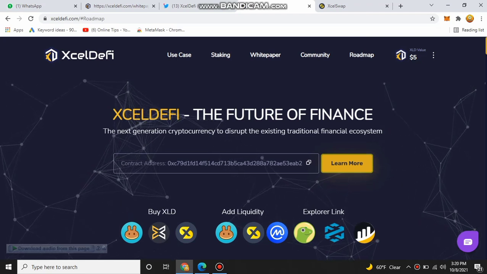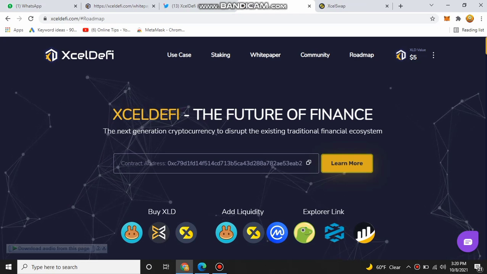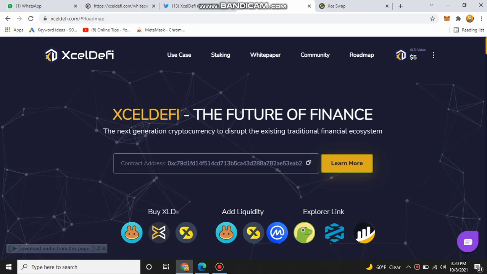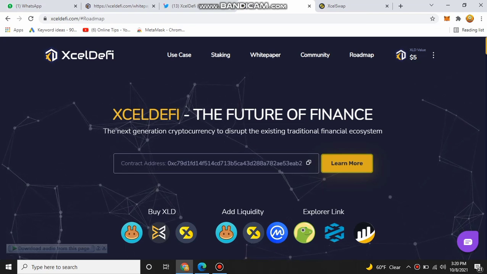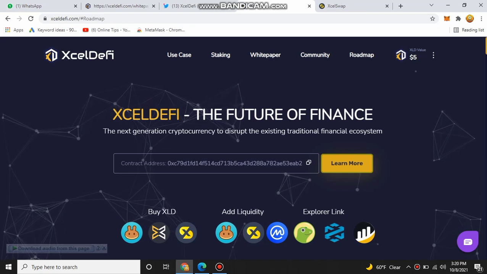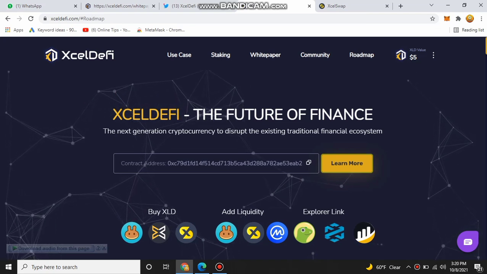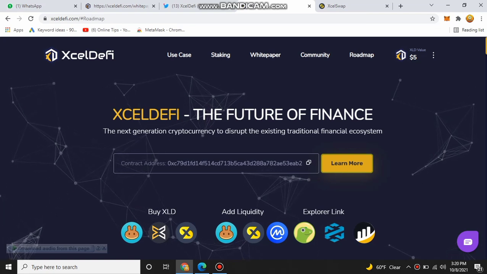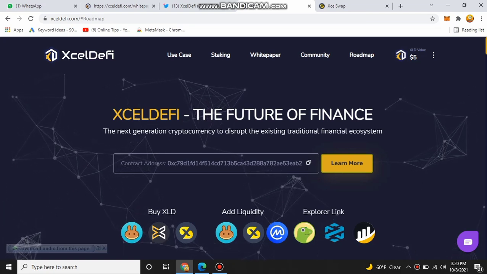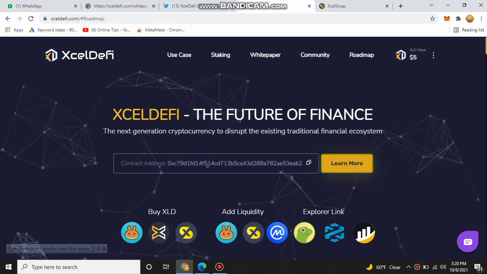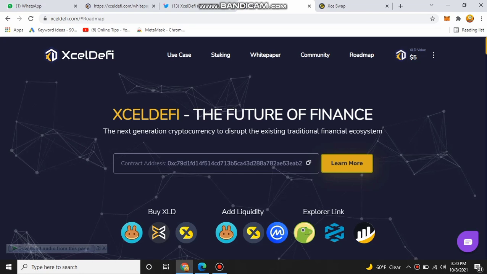Today I'm here with a new amazing token site whose name is exceldaffy.com. This is a staking, exchange and token site where you can buy their token and earn a huge profit in the future. Today we discuss how we can stake and how we can buy their token by connecting our MetaMask, and we also discuss in detail their white paper, their staking, their features, and their roadmap.